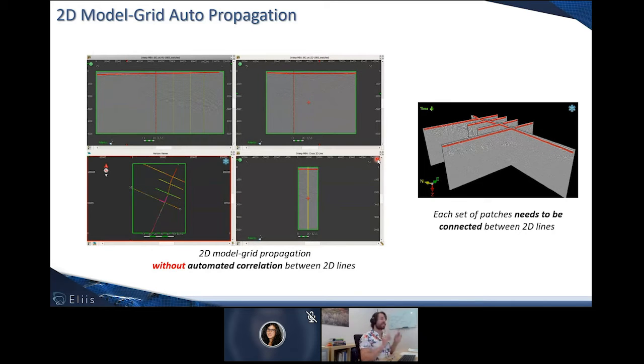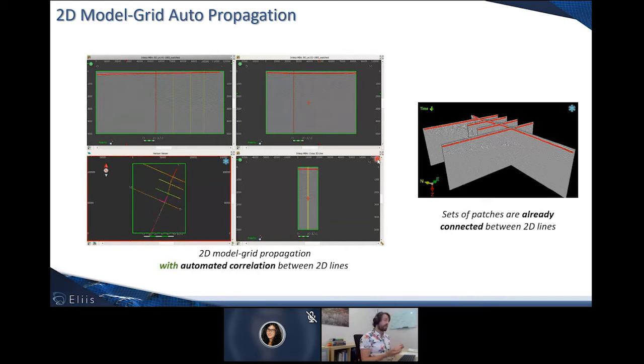I mean, letting Paloscan exclusively propagate, but without automatically correlating the lines. That was the original version of the tool. And in 2020, Paloscan now both propagates and connects the 2D lines.